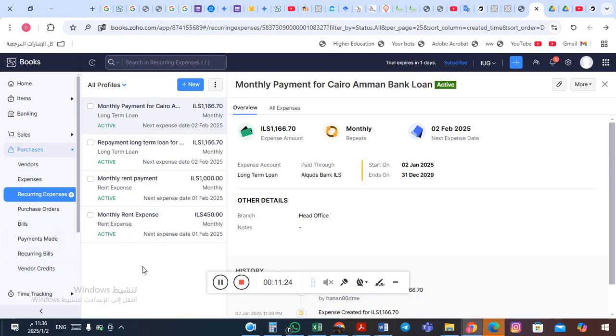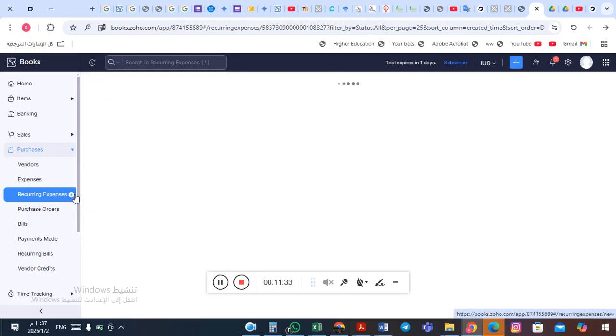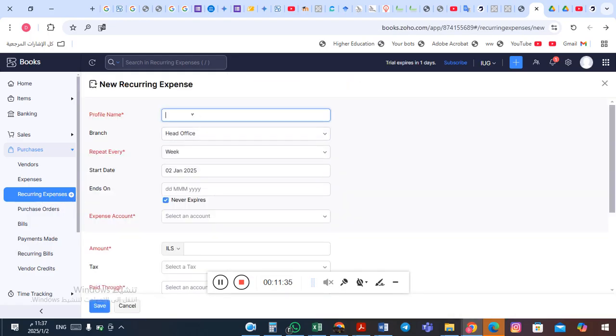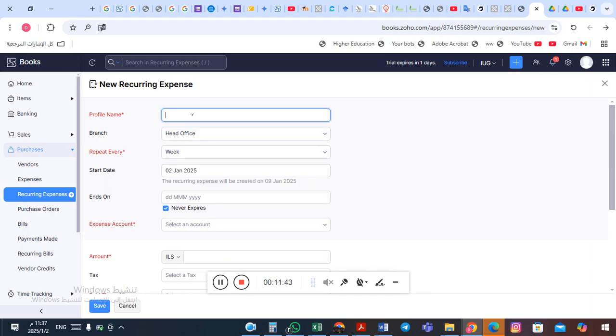And the last step is to go to recurring expense and click expense, and this time we will record the transaction related to interest expense. So we can call this recurring expense interest expense